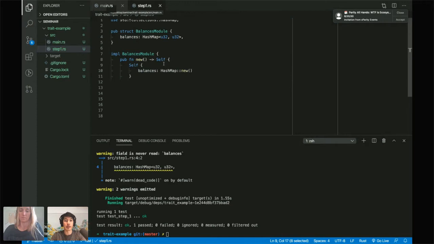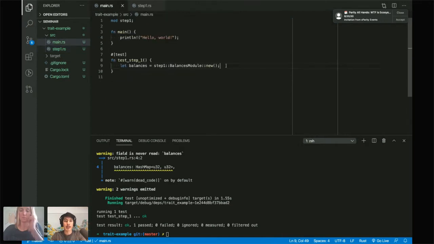Again, I'm working a little bit slowly to start with. So let's test this work. Now we're going to be mutating it, so I want a mut balances. And I should be able to do something simple like set the balance of a user, right? So balances.set_balance: user 1 can have 100 tokens, and balances.set_balance: user 2 can have 200 tokens.